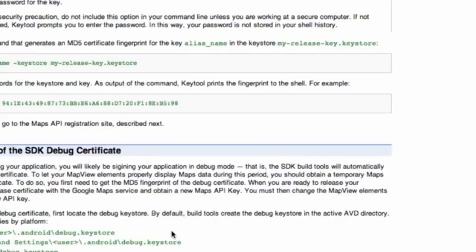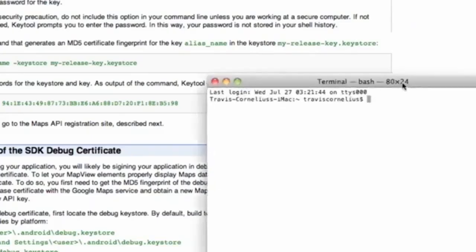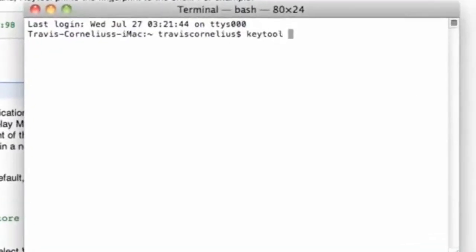And there we go. Now we're going to open up our command prompt, and we're going to type what is right here. So pretty simple. What you want to type out is keytool -list -alias androiddebugkey -keystore